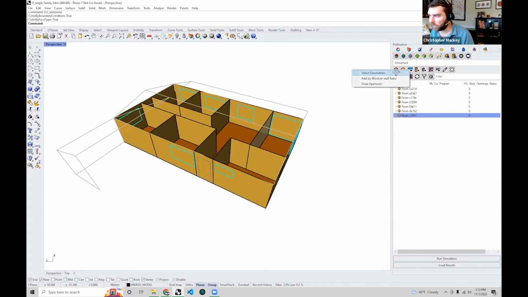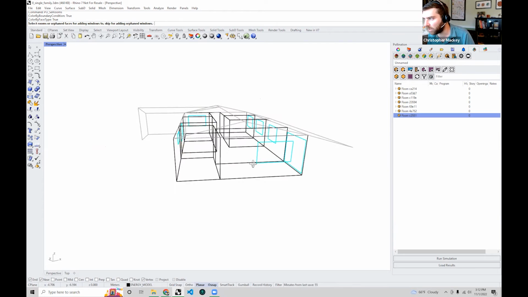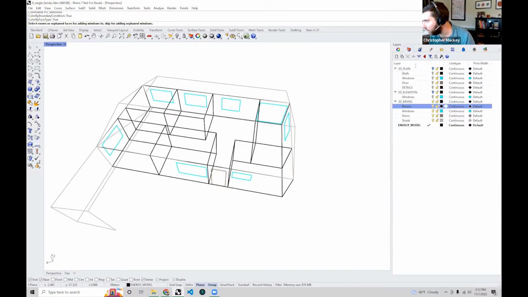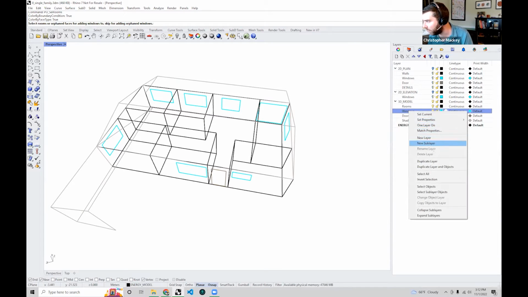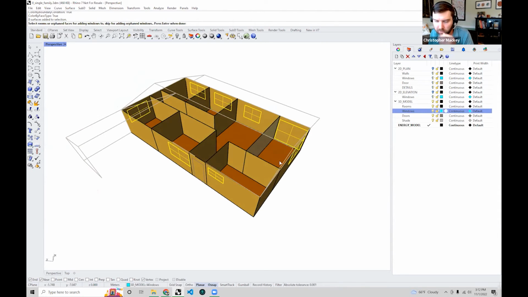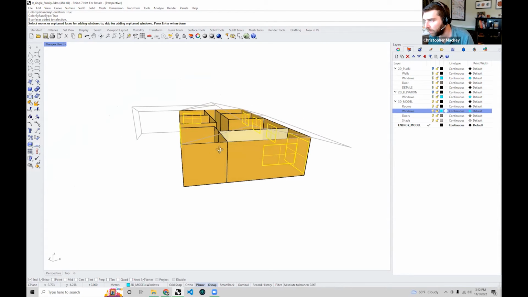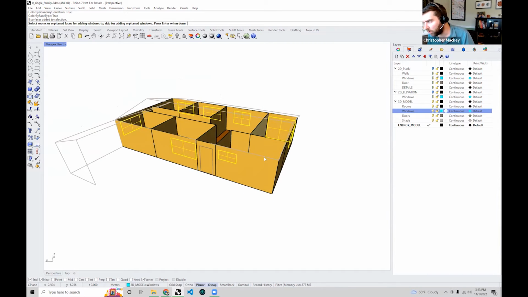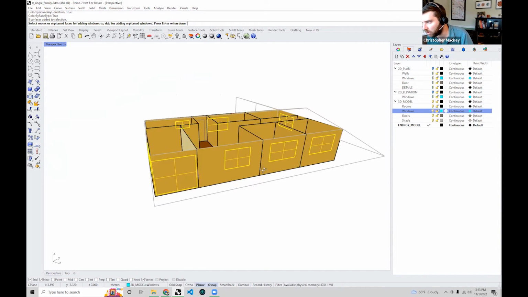If I go to select geometries, I could certainly select them one by one and hold down shift and select all these cyan geometries that I have in the model here. Or I can go over to the layers menu and right click on the Windows layer and say select objects. That's another way that'll select just the window geometries that I care about. Either way, whether through that or by holding down shift and individually clicking on the edges of each of the windows,